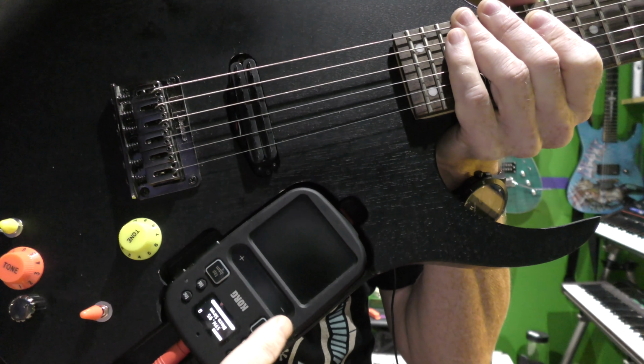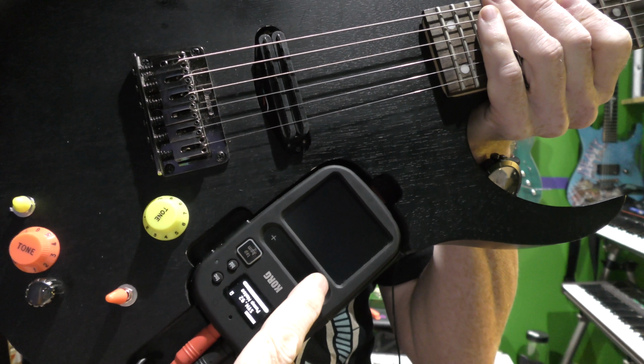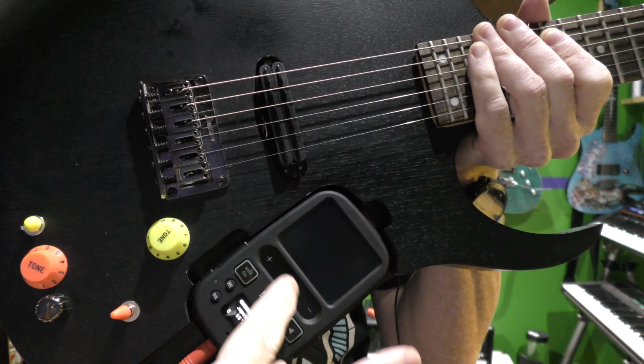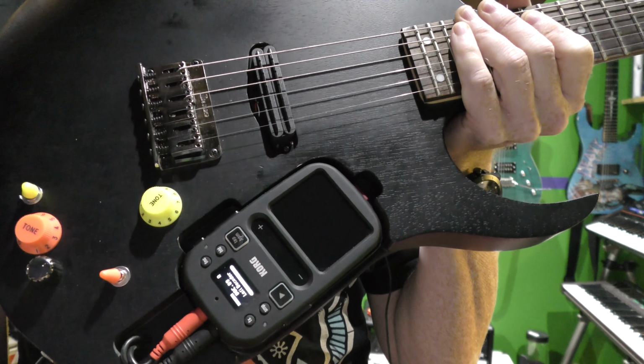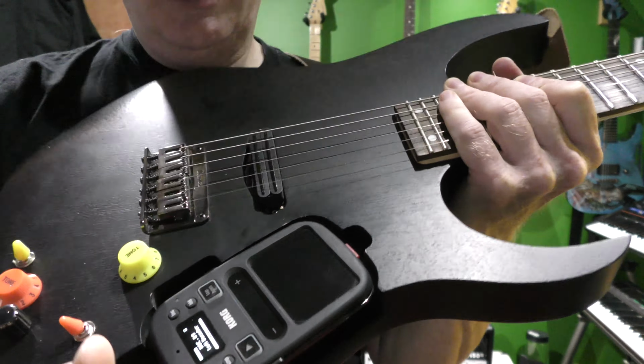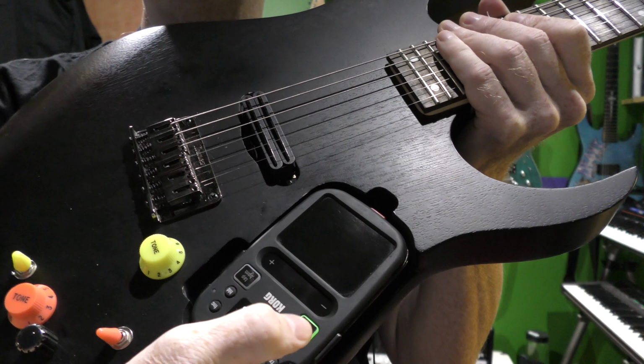And you can go, I'll just use the down. So you can go through different effects, up or down. And if you slide your finger across, you can go faster or slower. And these little buttons here will actually play things you've recorded. So I'll just turn on the volume, and if I hit this,